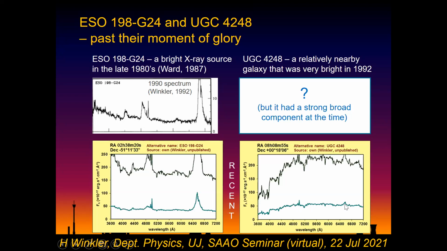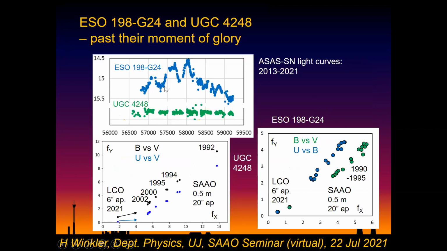The little bit of broadening at H alpha, but this is very, very faint. So clearly it's now a very poor version of what it was when it was found to be very bright. For both of these, I've got ASAS-SN light curves. Now you might say, okay, this tells us that this is doing absolutely nothing at all, but bear in mind